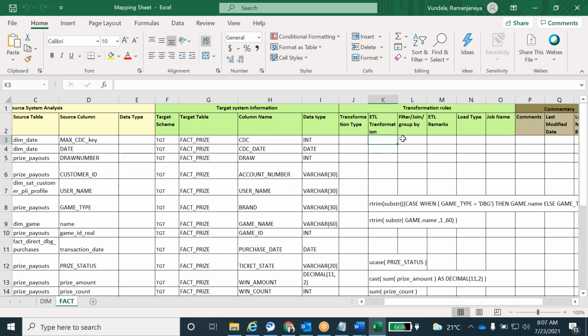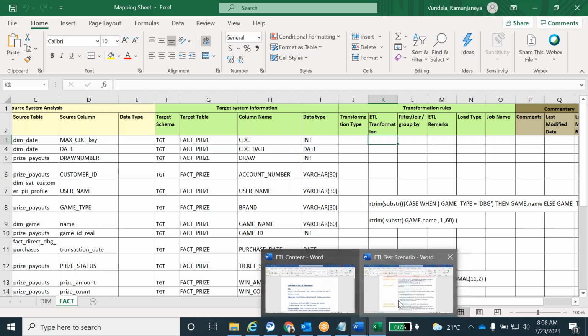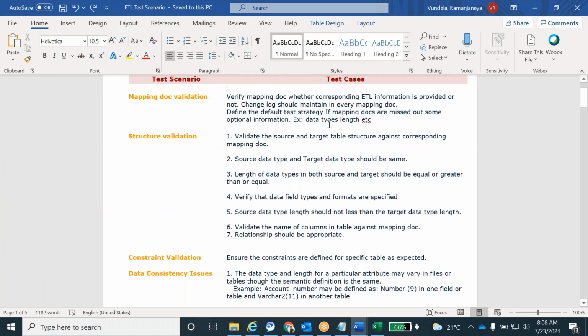In that scenario, you have to cross-check with the developer team, the technical team, or the BA, anyone, to find out whether these are direct columns or derived columns. Otherwise, we consider them direct columns. These kinds of validations you have to do on the mapping sheet they provided, to check that all the information is properly provided. If they provided the mapping correctly, then we start our test case preparation based on the mapping sheet. And then I told you about the structure validation.